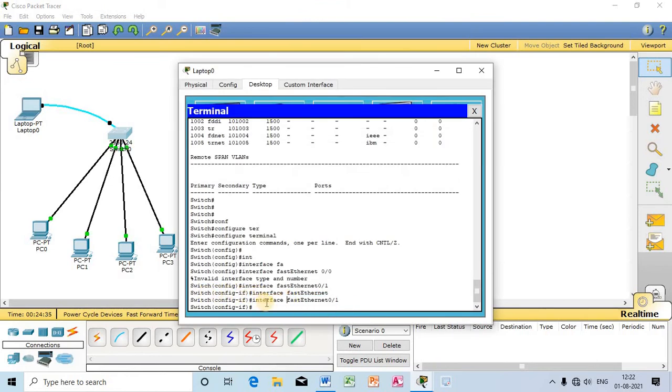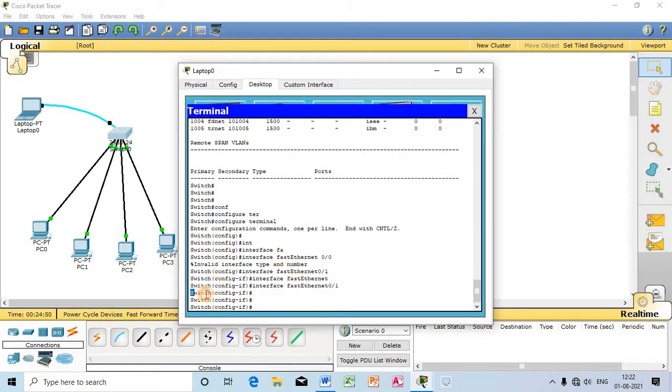Under the configuration mode I am going to configure FastEthernet 0/1. So watch out, now I have moved to this mode. Watch out the mode, switch config-if. So from configuration mode I have moved to switch config-if.